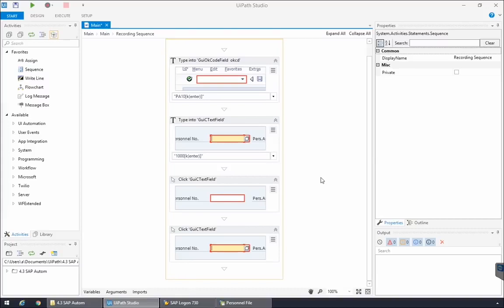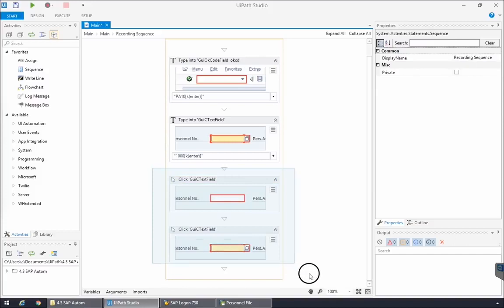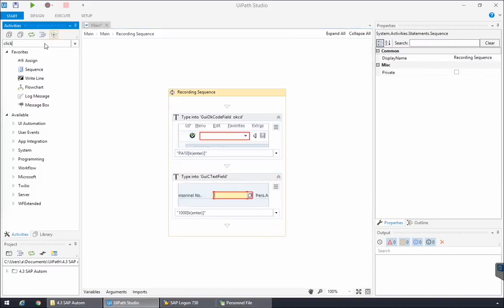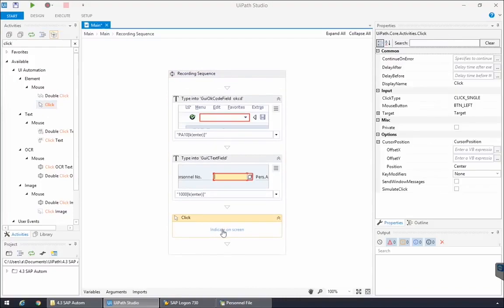As you can see, the only difference between the two clicks are the offset coordinates. The offset is calculated relative to the indicated element, or from its top left corner to be exact, resulting in a click that lands exactly on the button every time. For practice, let's delete these two generated click actions and recreate them manually. So, add a new click, indicate the text field,